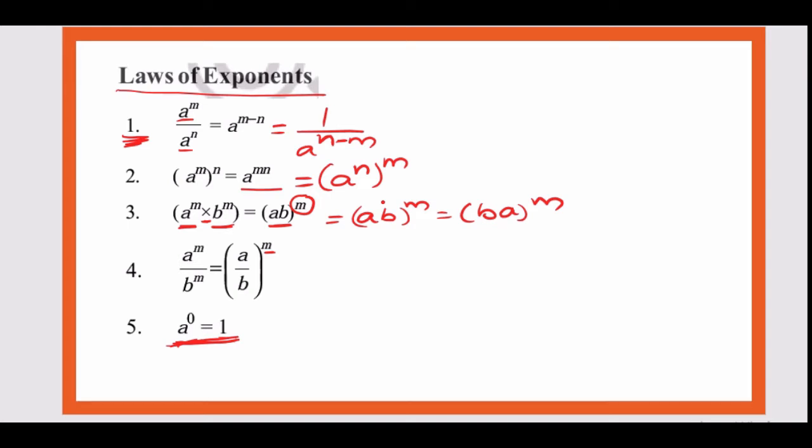Along with this, there is one more formula which you can remember. a power minus n is equal to 1 by a power n. If you have a negative exponent, I can write it as 1 by a power n, making the exponent positive. So a power minus n is equal to 1 by a power n. In this case, I can say that a power minus n's multiplicative inverse is a power n, and a power n's multiplicative inverse is 1 by a power n.